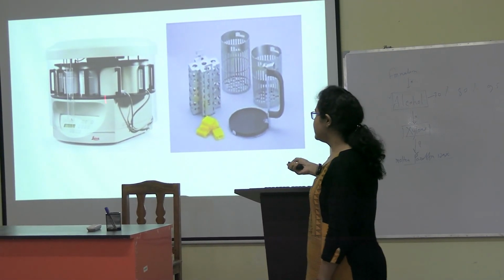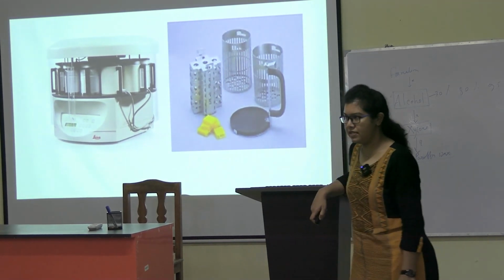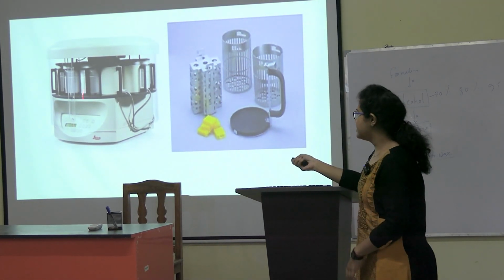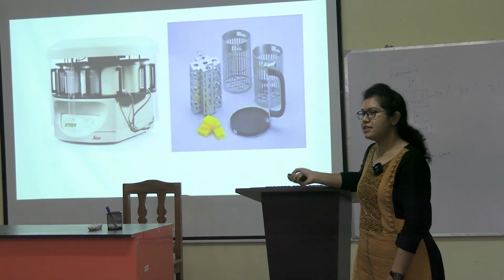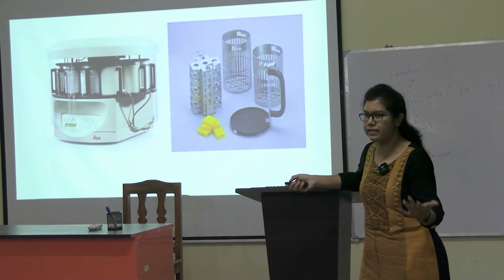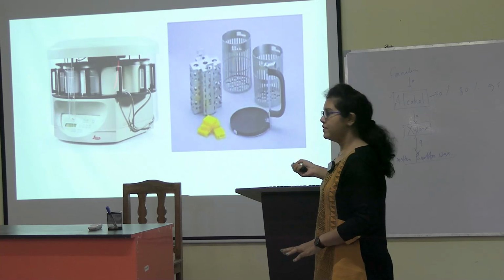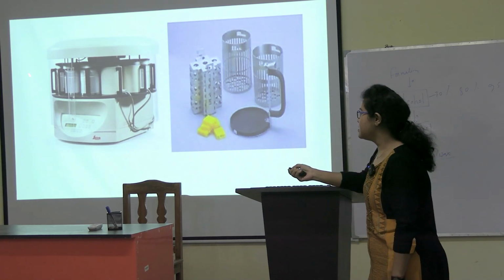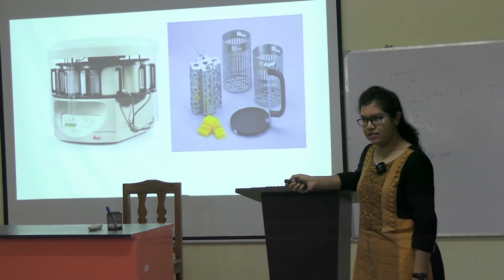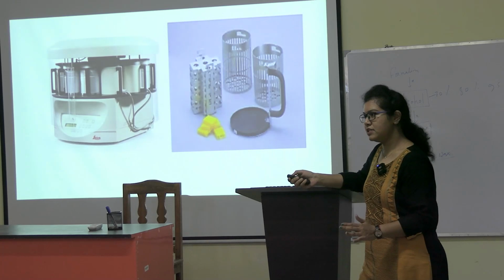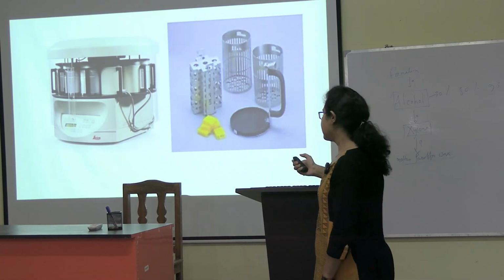Inside one tissue processor, one reagent will be there. Like in one jar there will be alcohol, in one jar there will be formalin, in one jar there will be clearing agents like xylene, chloroform, etc., and paraffin will be there. So this procedure is fully automatic, okay? It's an overnight procedure.